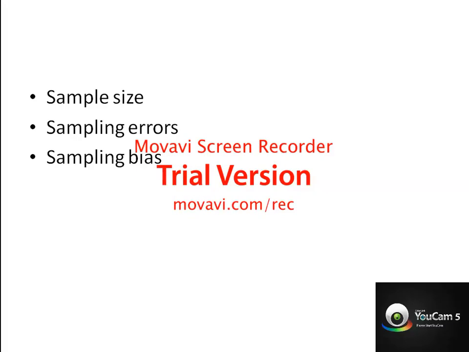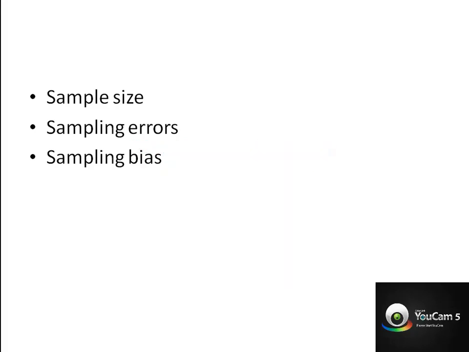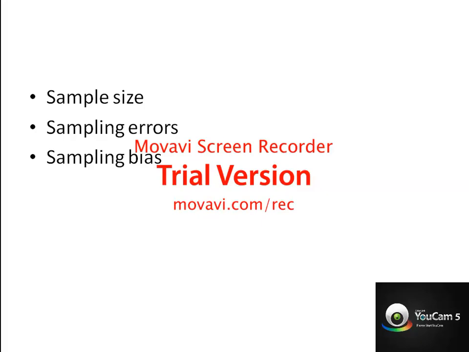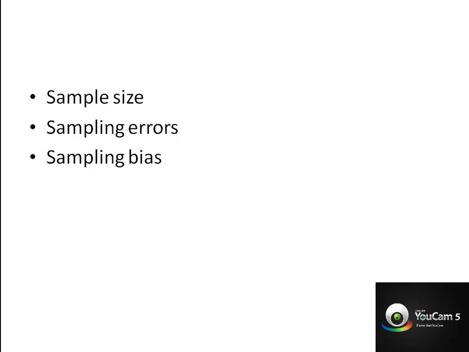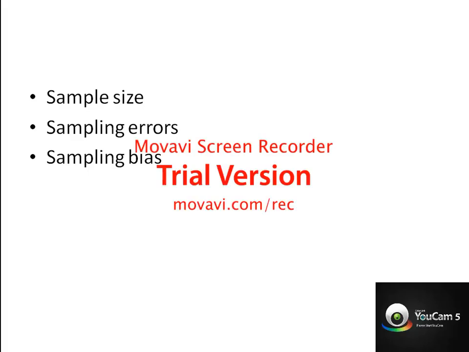You should always remember the sample size. Sampling errors happen during the selection of samples. Sampling bias is done by the researchers. So you should know how to define these things. Sample size should not be too large or too small, it should be as per your research design. Sampling errors, you should avoid errors, but sometimes it happens. Whatever method of sampling you do, sampling errors happen. Sampling bias is from the researcher's side, where you sometimes select persons in whom you are interested. Those kinds of sampling bias should be avoided.